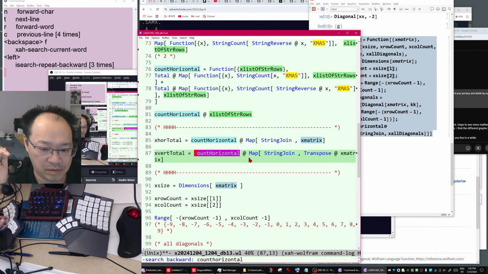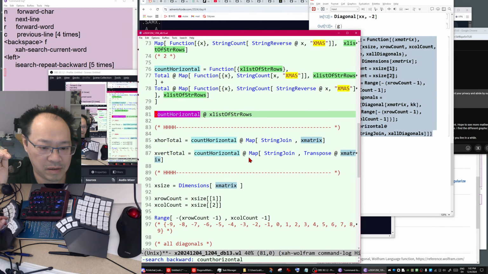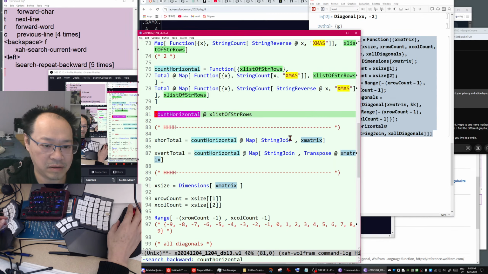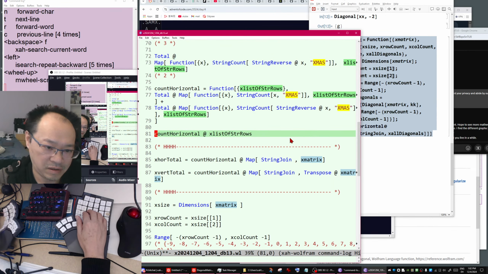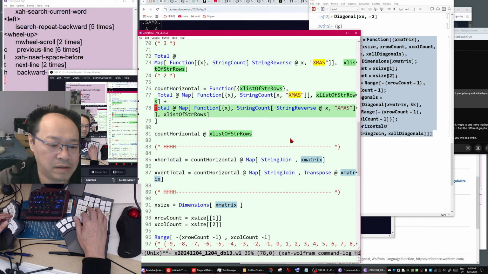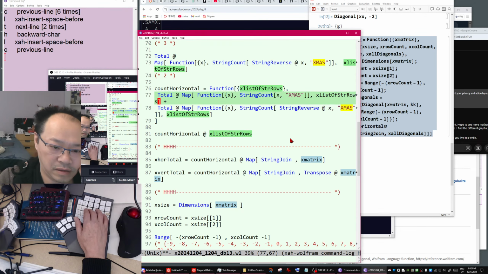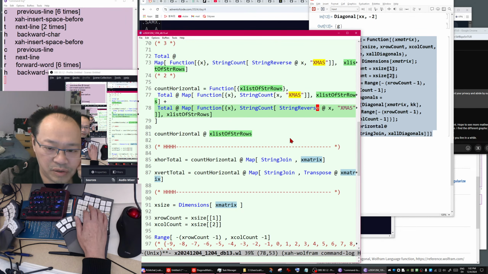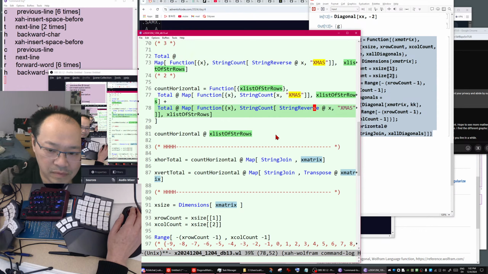Okay, so you can see the count horizontal counts in both directions, because we did a string reverse there, it counts.